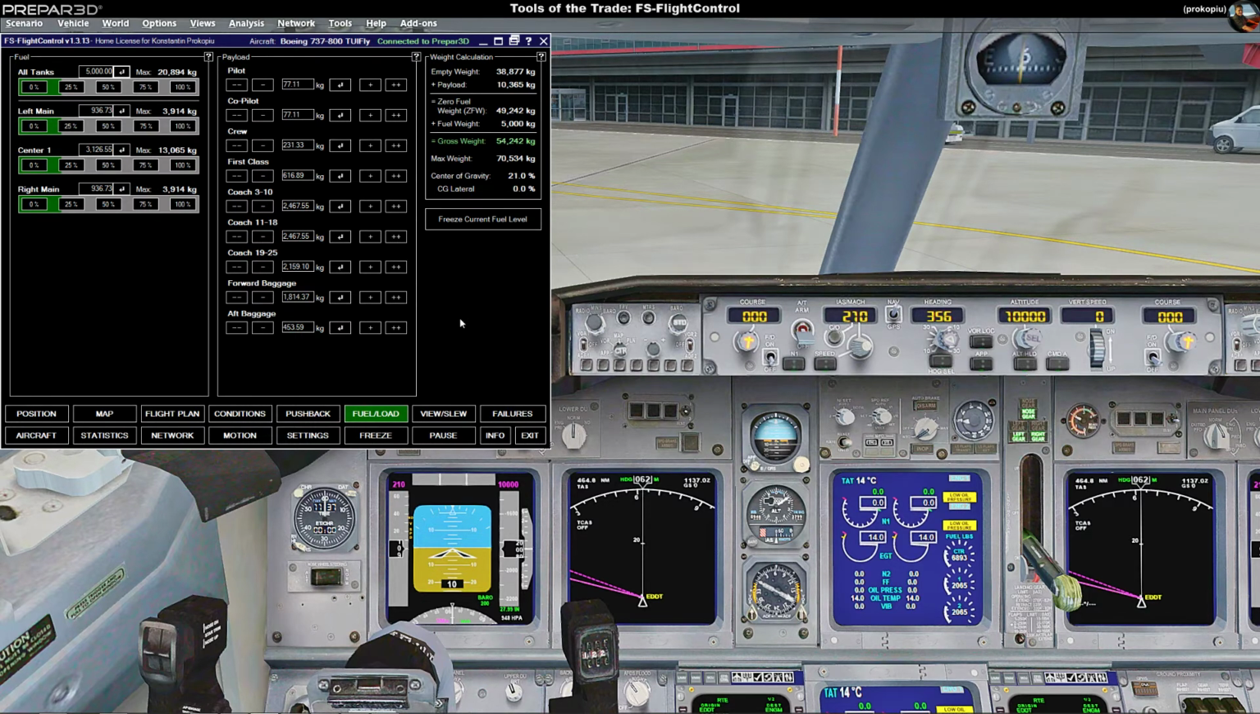Okay, I actually forgot what freeze current fuel level means. Freeze and pause, they are basically holding things. I'm just not sure what freeze does. I need to read this up in the manual again, but pause is the well-known pause function in the simulator. Right,